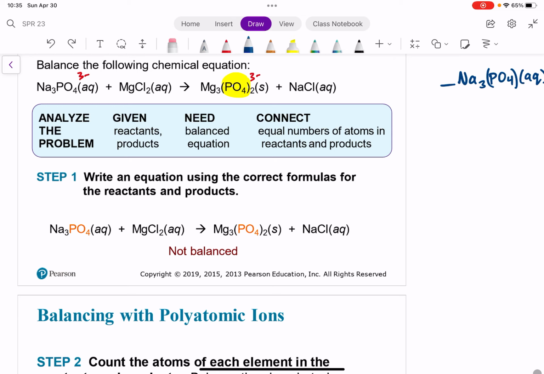And then what does this AQ mean again? Yeah, that means aqueous, dissolved in water. We learned about that in lab the other day. Okay, so